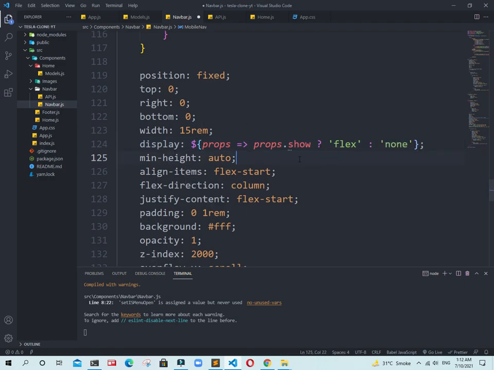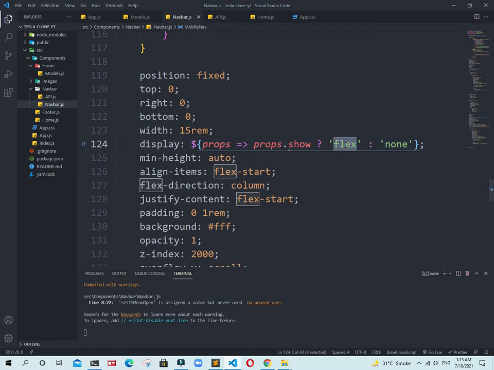Guys, what is happening here: we are using the show parameter as a function, and I say that if show exists, then display will be flex, or display will be none. It's simple.